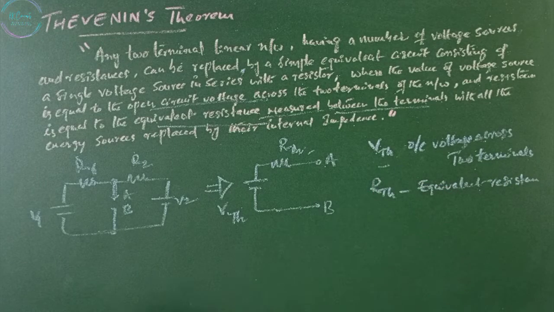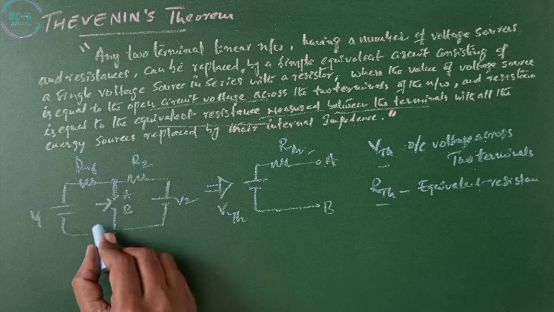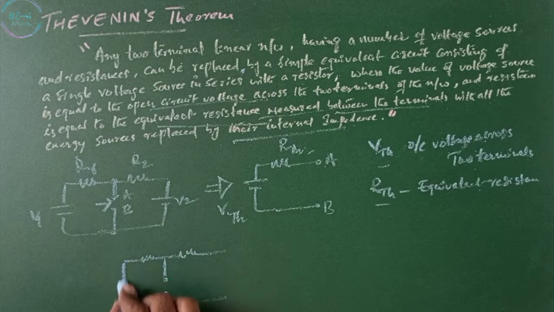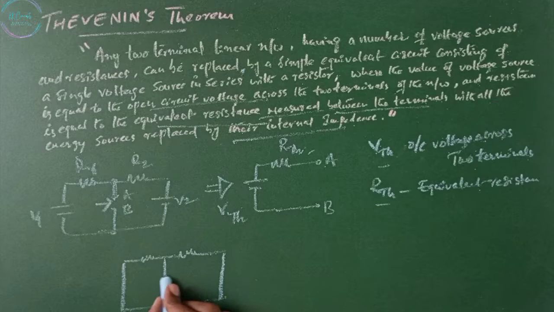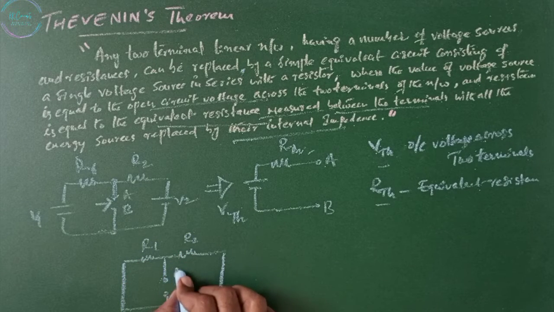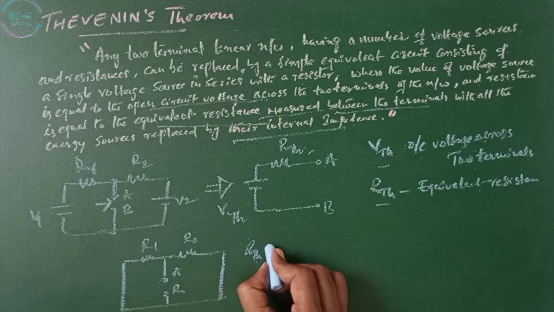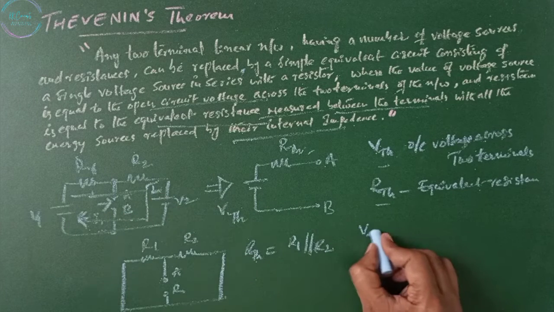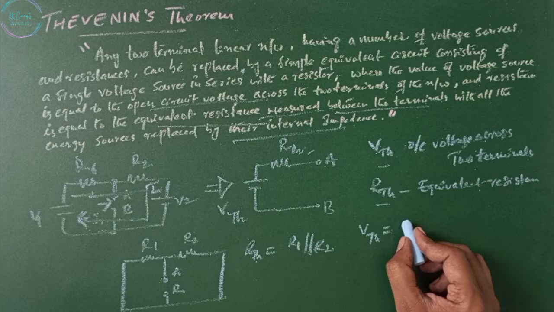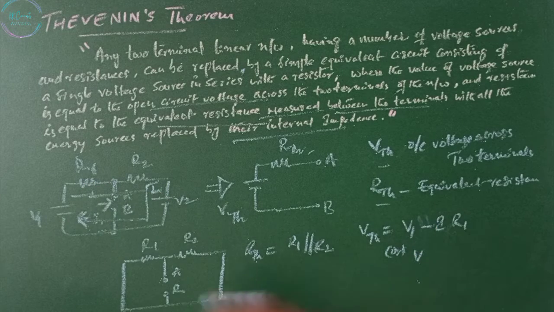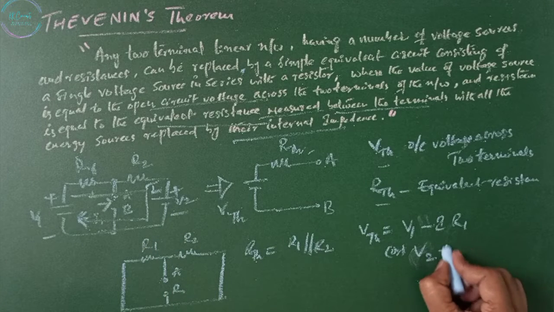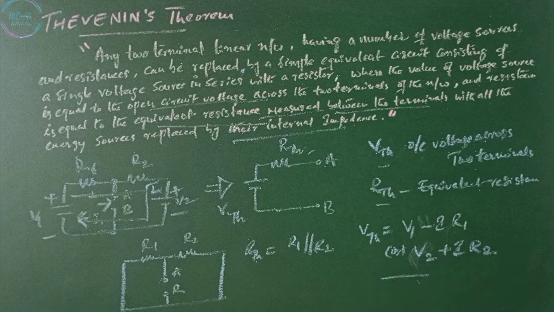Now, in this, VTH can be found by using any of the network reduction techniques. To find RTH, we need to replace the sources with their internal impedances. We need to short the voltage sources and open the current sources. This is R1 and R2 between the terminals A and B. Now, RTH equals R1 in parallel with R2. If you consider this current as I, then VTH equals the voltage across these two terminals. So V1 minus IR1, since this is positive and this is negative, or V2 plus IR2. For this network,